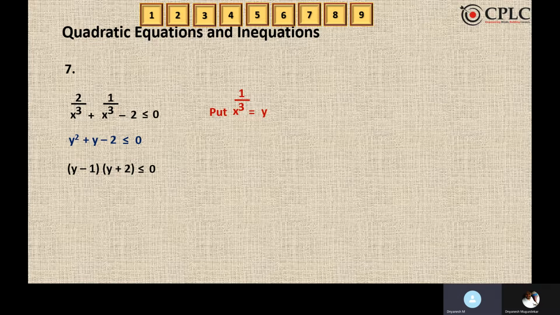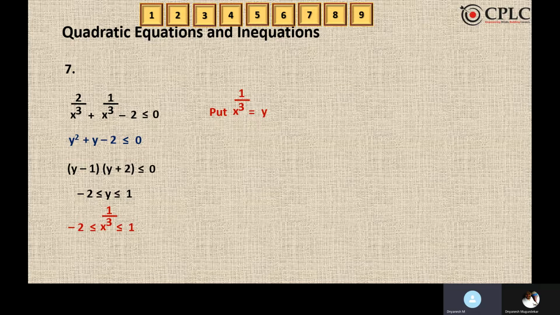If you remember, less than means within the range. So the value of y will be between minus 2 and plus 1. But hold on, we were not supposed to find out the value of y. We were supposed to find out the value of x. So we need to resubstitute the value of y as x raised to 1 by 3. So instead of y, we substitute x raised to 1 by 3, the same thing as it is, copy paste. x raised to 1 by 3 is between minus 2 and plus 1,